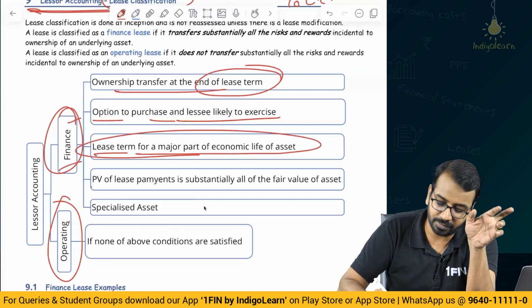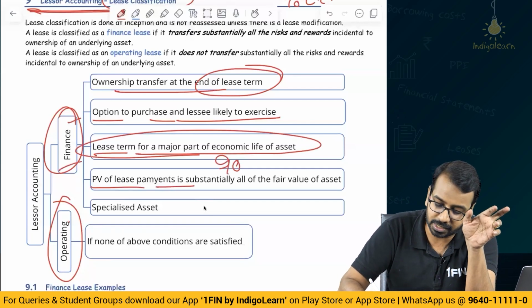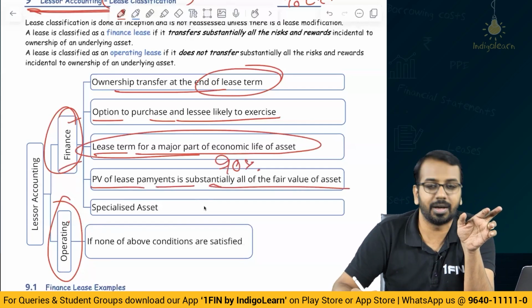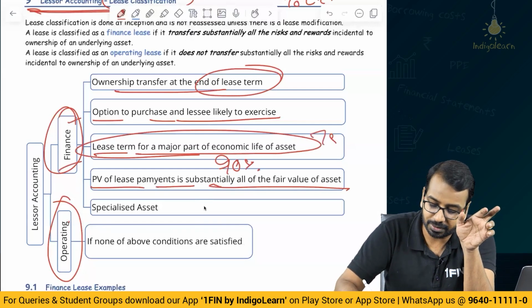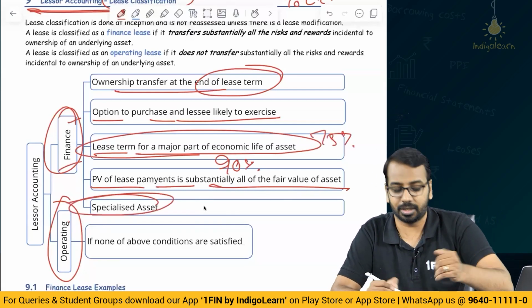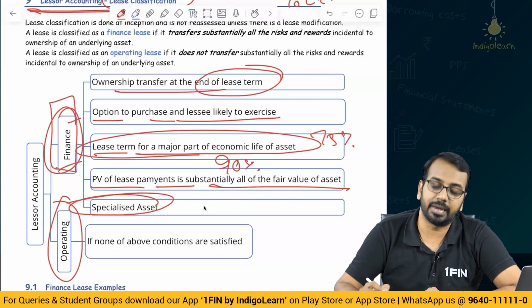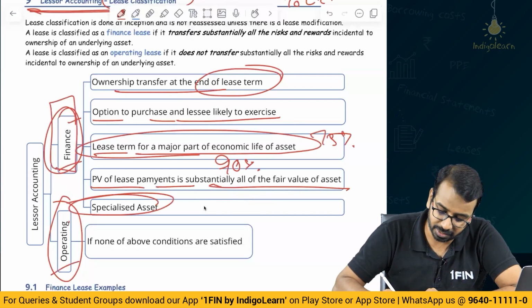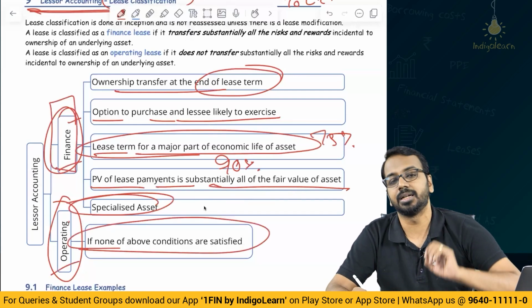a finance lease. Present value of lease payments substantially covers, 90%, the fair value of the asset. Here you follow 75%. And a specialized asset, where the lessor does not have any alternative use, then it is called a finance lease. As far as operating lease is concerned, if none of the conditions are satisfied, that is called